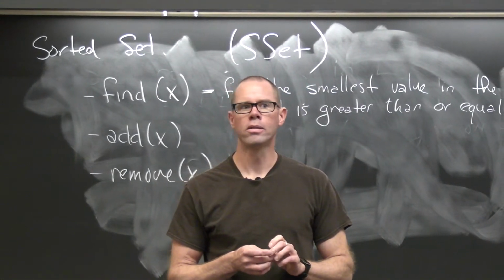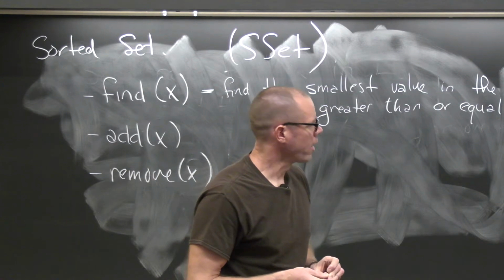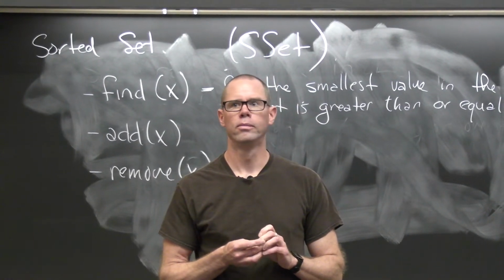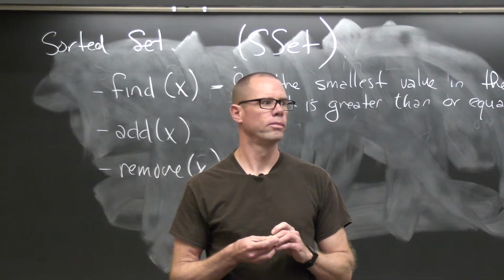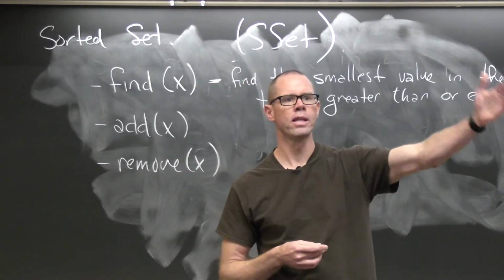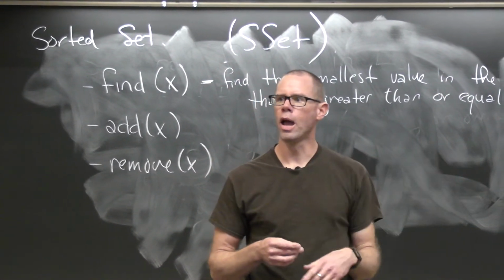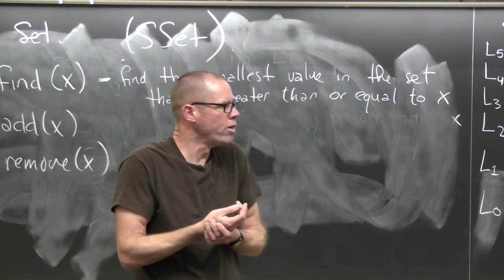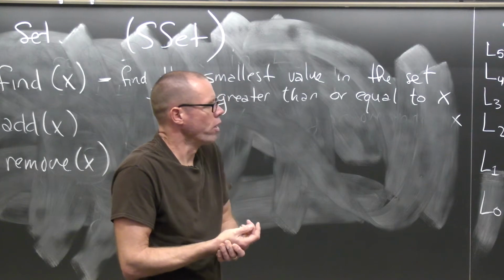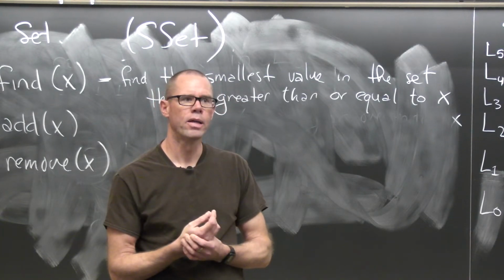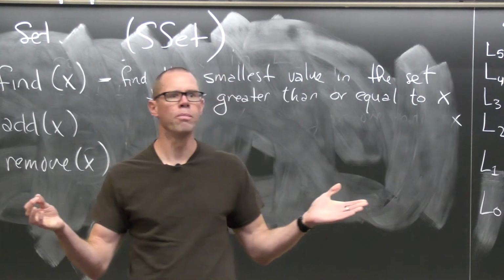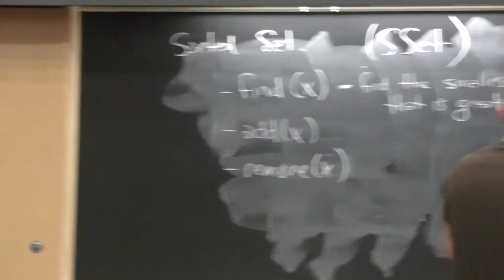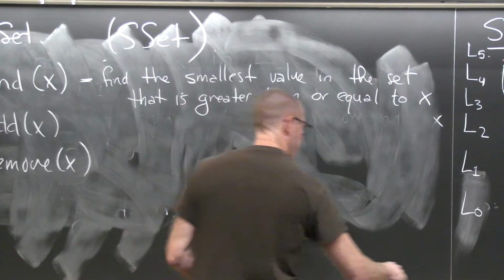Okay, and is that going to be fast or not? So let's say that I had 1 million numbers in this list. How much work did I have to do? On average, I had to take 42 steps to find that thing. That's pretty good for looking through a list with 1 million numbers, right? So this find operation,